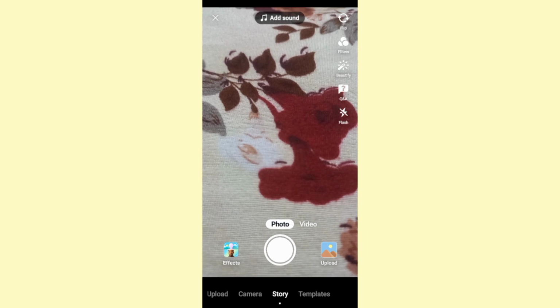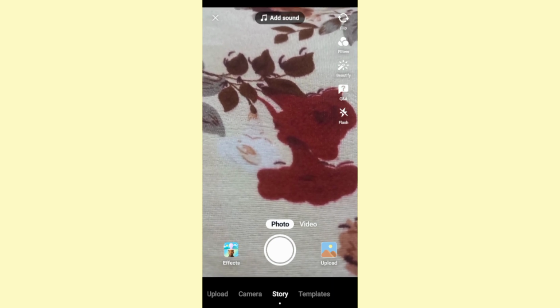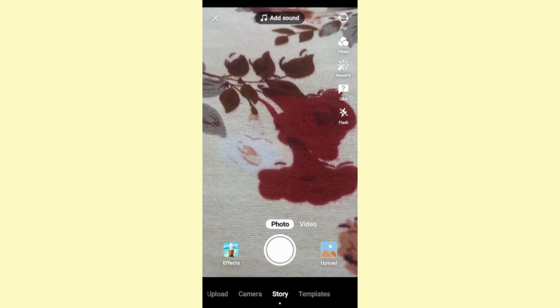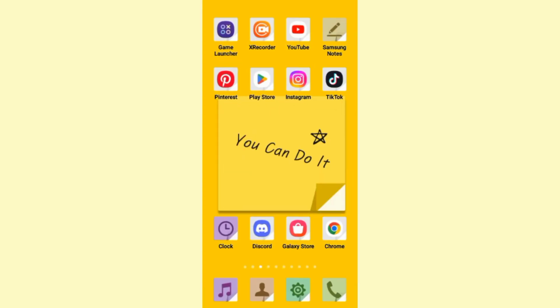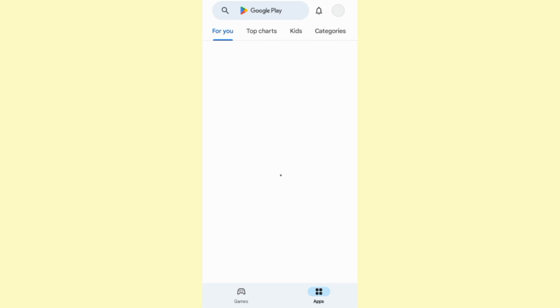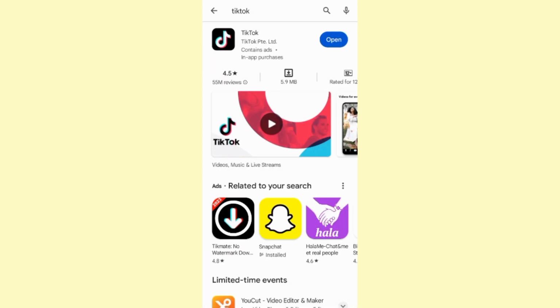Now, for some of you, this story mode will not be available. Now, what you need to do in order to fix that is go ahead and make sure that your TikTok app is updated to the latest version. Now, if you have updated your TikTok app and still do not have the mode, then keep in mind that